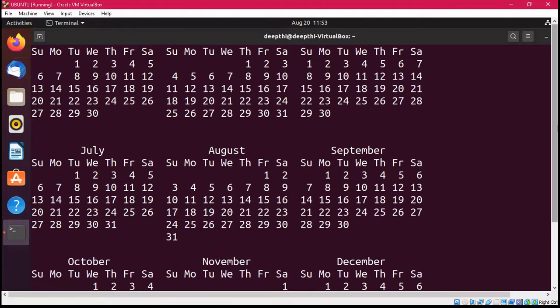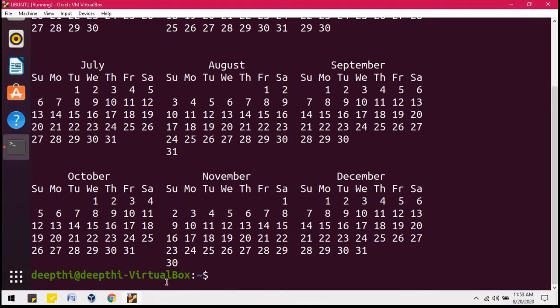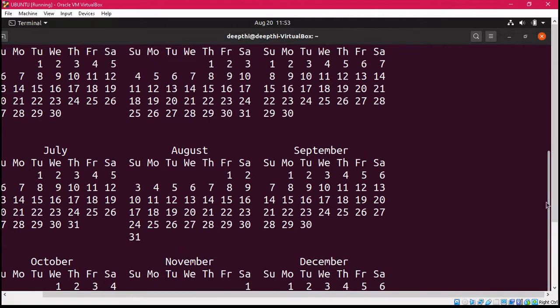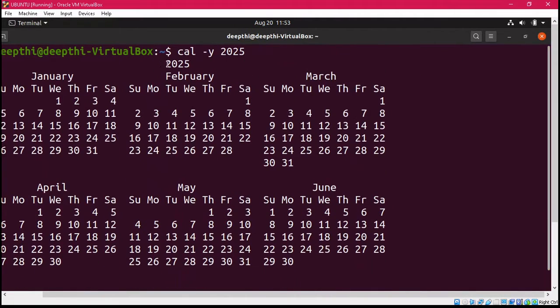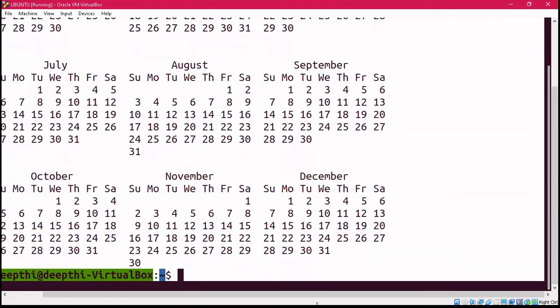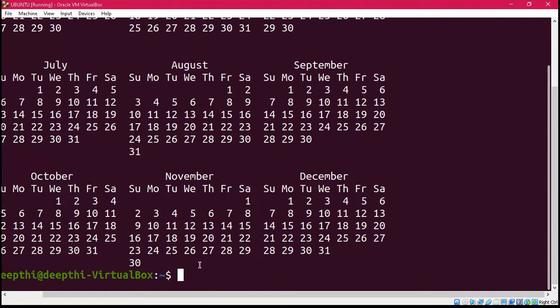You can see that it is going to display the complete calendar of the year 2025, including all the months starting from January till December, right?